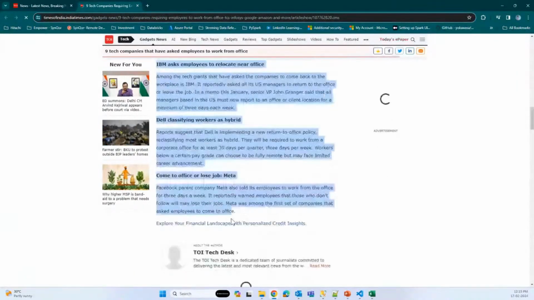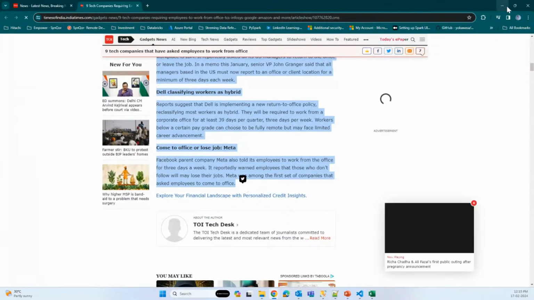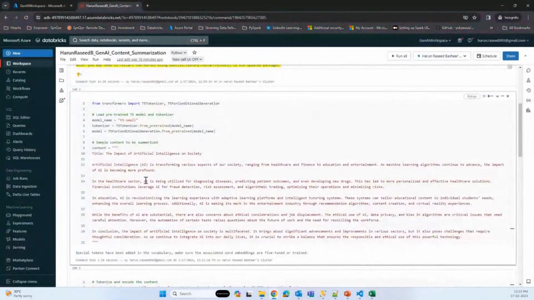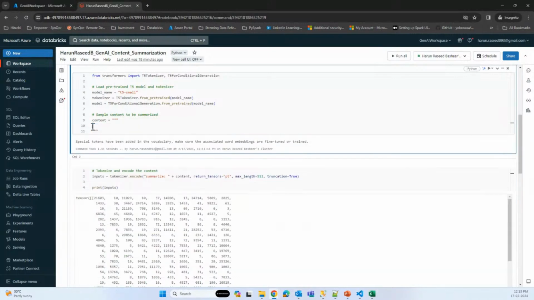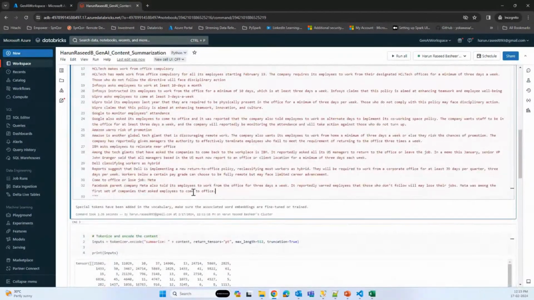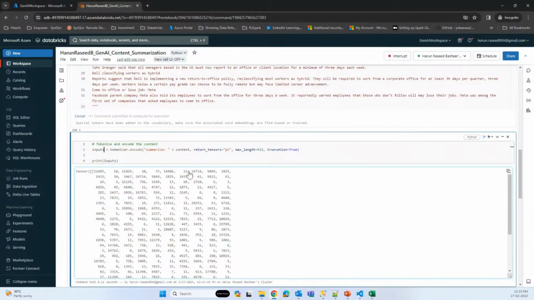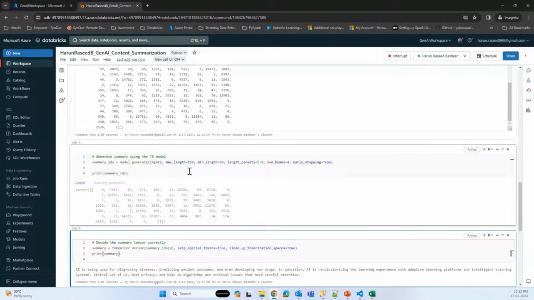Okay, I have copied the content. Now let me replace this particular sample content with the content that I copied from the news channel. So this is the content that I copied from the news channel. Okay. Now I'm going to run my model over this particular data. Running all the cells,